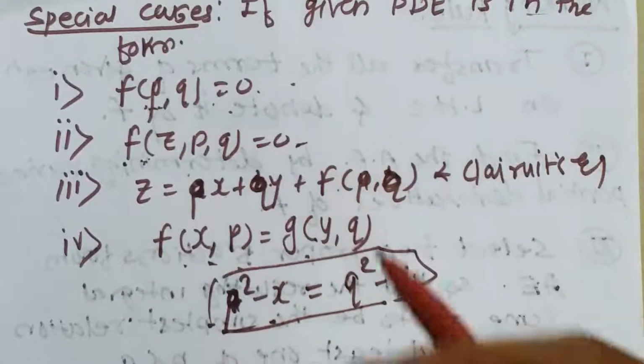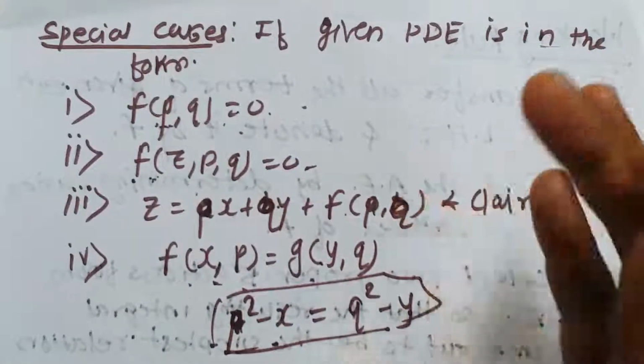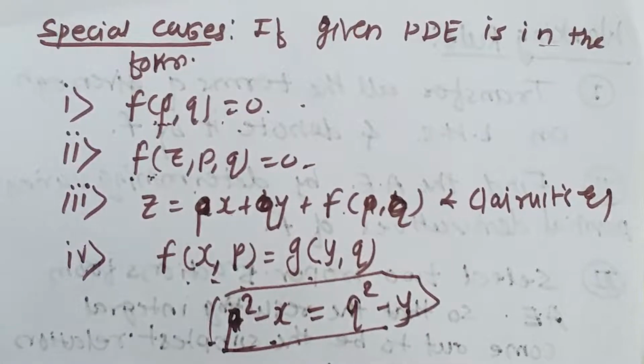we are going to discuss separately again. We are going to take examples on each of these types. But before that, we are going to do examples based on the Charpit method in the coming lecture. Hope you have understood all this discussion.